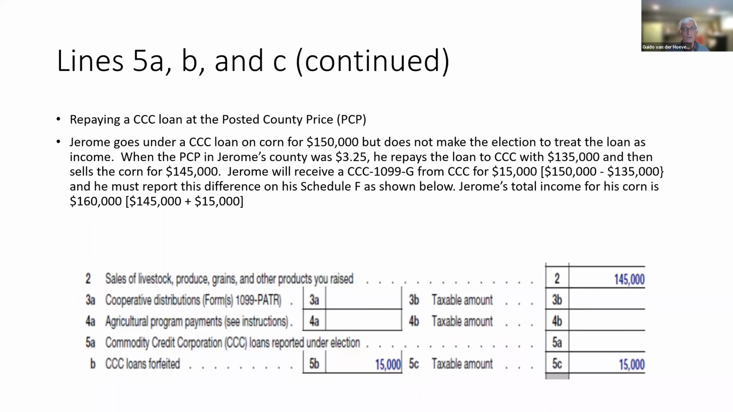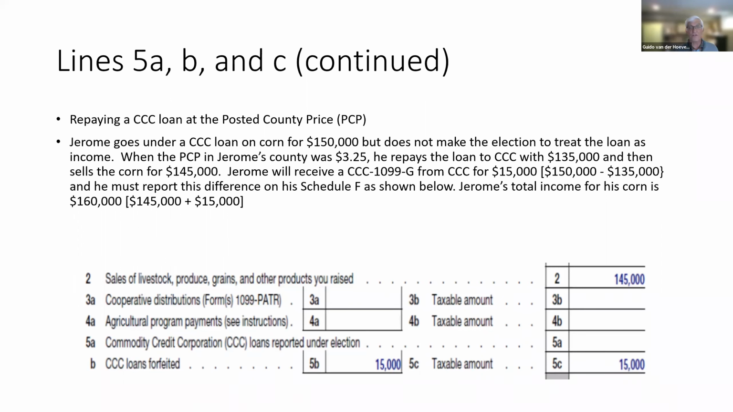And if we do it at the posted county price, here we've got Jerome again, $150,000, doesn't make the election to treat the loan as income. County price is $325,000. He repays the loan with $135,000 and then turns around and sells the corn for $145,000. Well, how do we balance that out? Well, we have $145,000 that's going to be treated as the sale. He had received